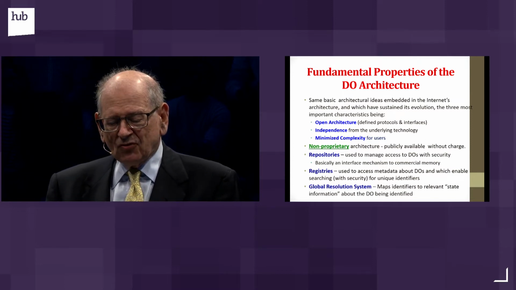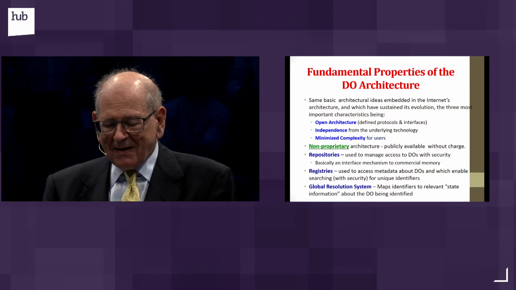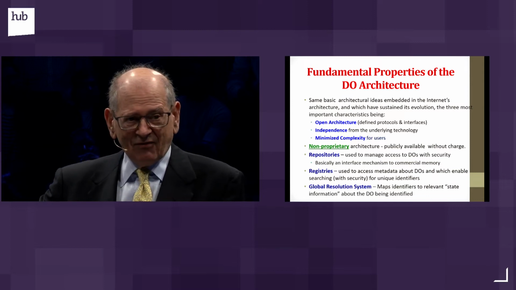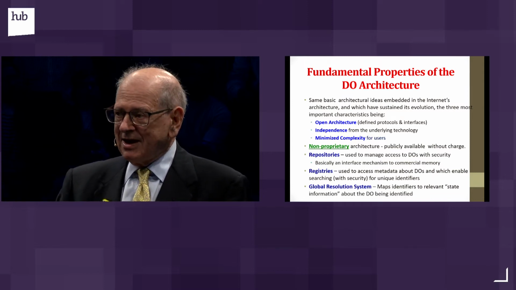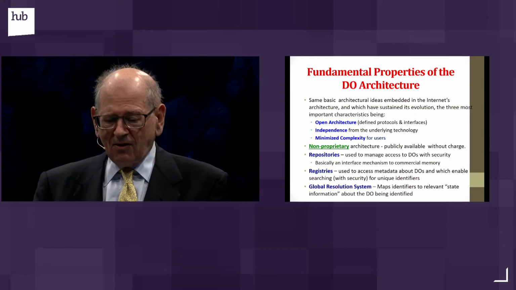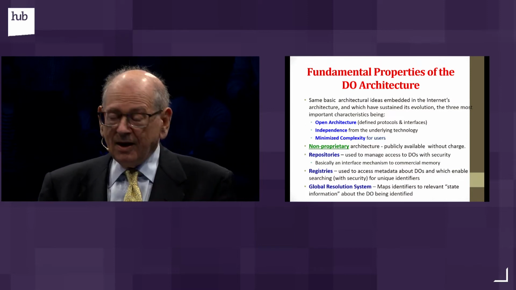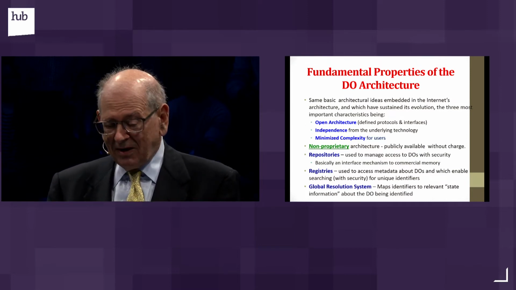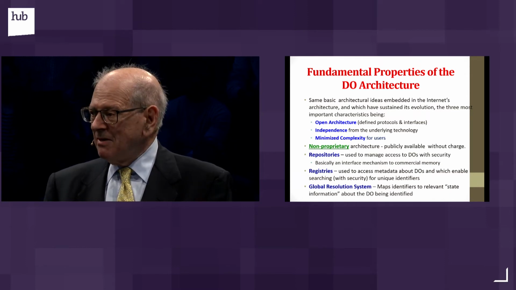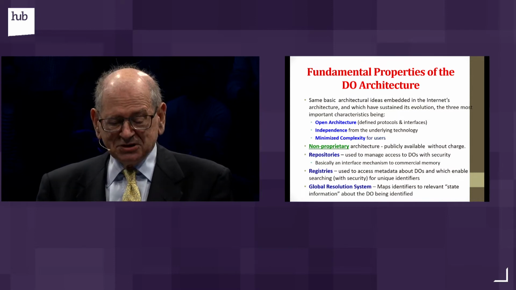And so a repository is a way of managing access to these objects, but it's not about the storage itself. The storage can be anything behind the scenes. It can be in clouds, multiple clouds even. It can be in databases. It can be any way you like, making use of commercial or other storage technology. If you have a repository, you'd probably like to know what's in it, and those are called registries. They keep metadata about those objects. But if you don't know the identifier for an object, how do you find it?